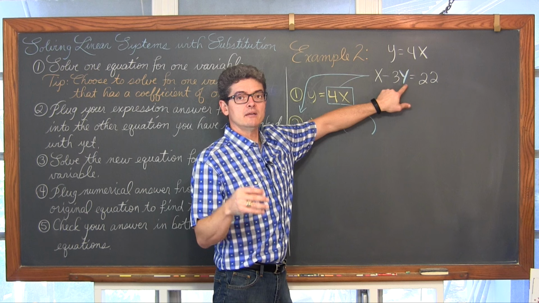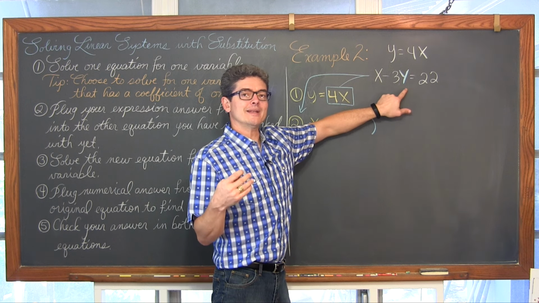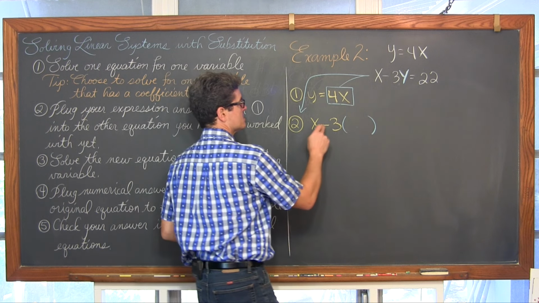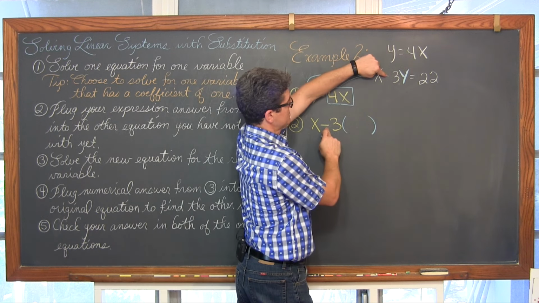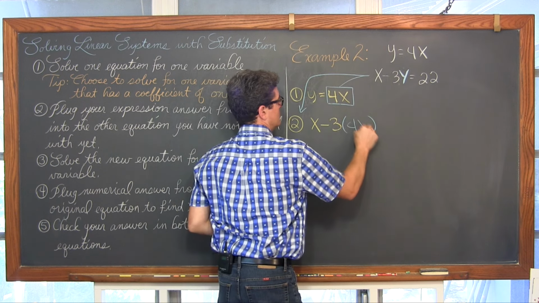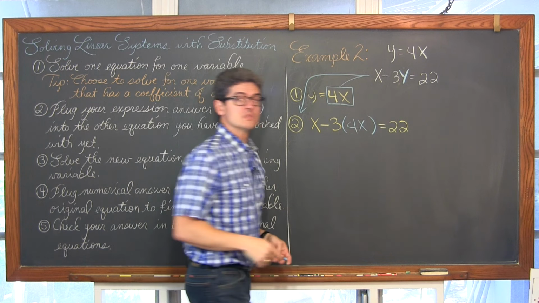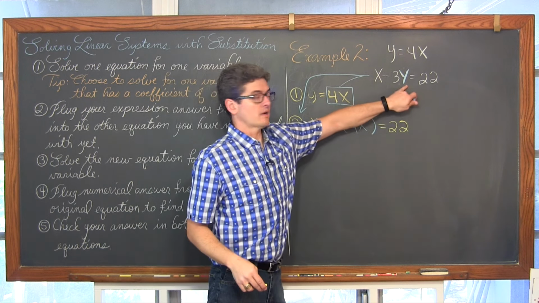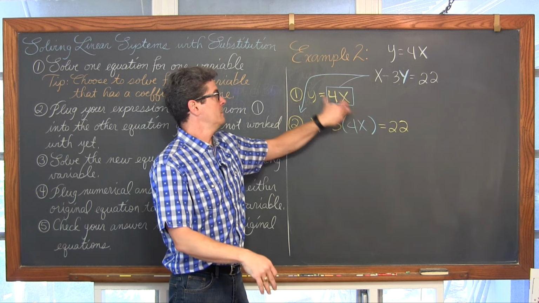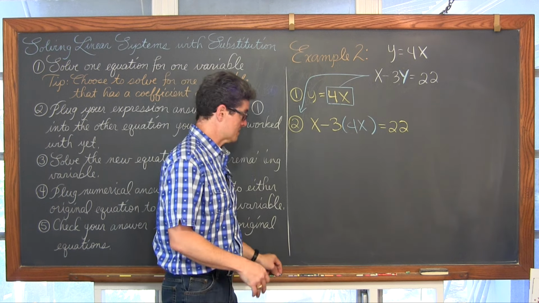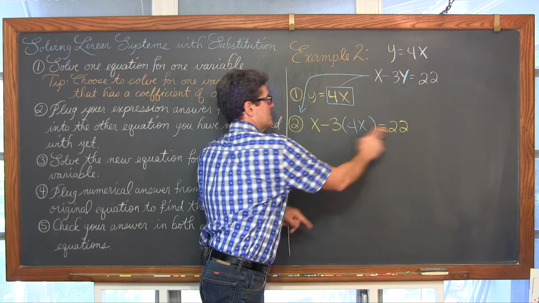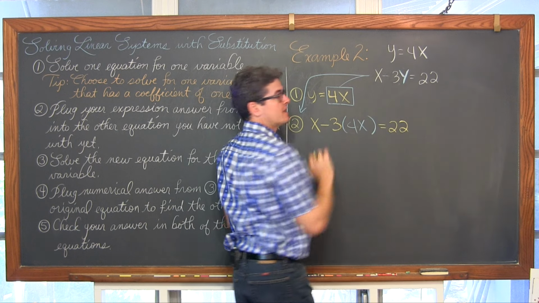A variable is a letter or word that represents an unknown value, or in this case, expression. So it's x minus 3, and now in y goes 4x. So you see, this is equal to y. I color-coded it blue, and in blue, in place of y, goes what it's equal to from the first equation. So I have just put the first equation inside the second one. The first one went inside the second equation.